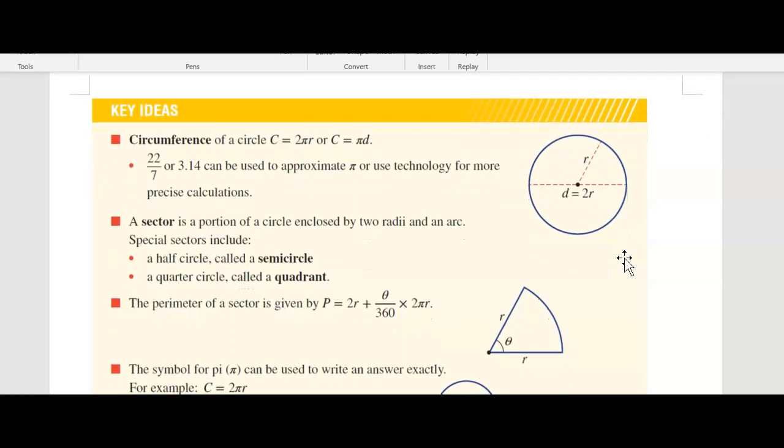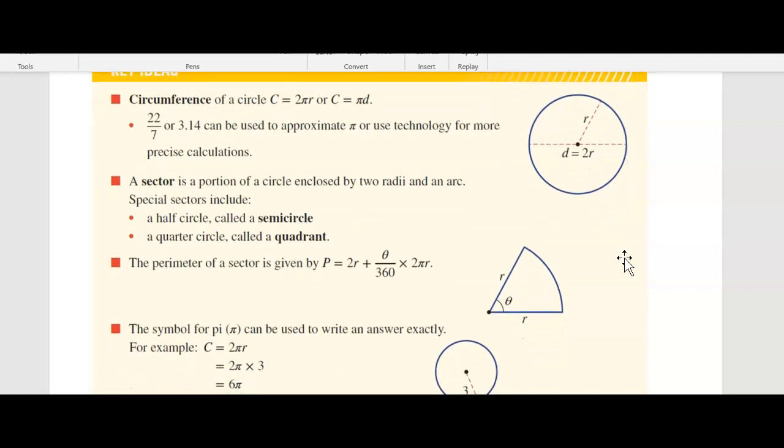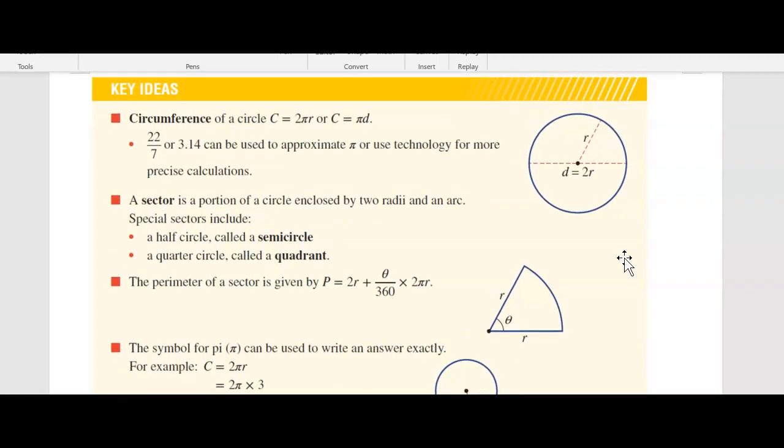All right, so I'm not going to focus too much on these shapes because you've done them for quite a while, but I might spend a bit of time on the stuff that you would have learned this year. Okay, so with the circumference of a circle, I know this isn't new, but I just want to make sure,